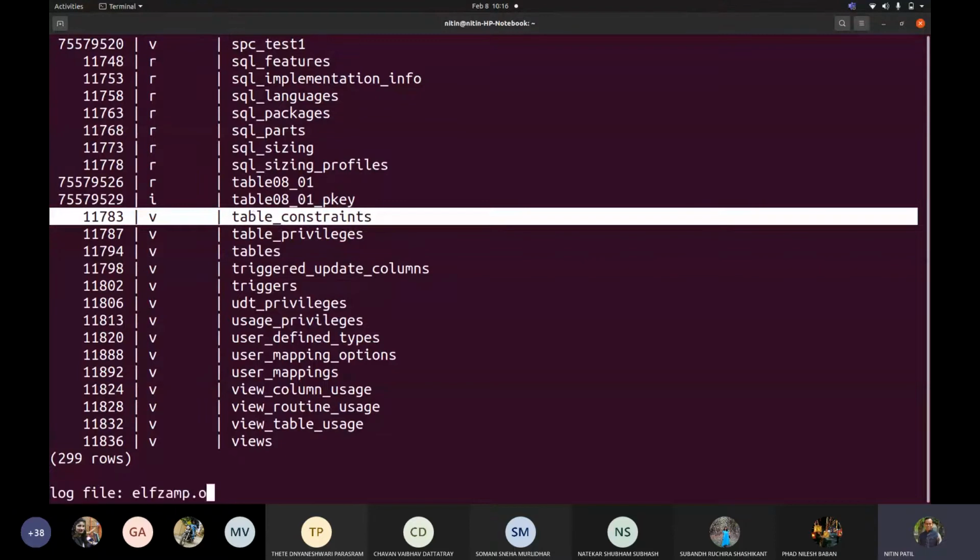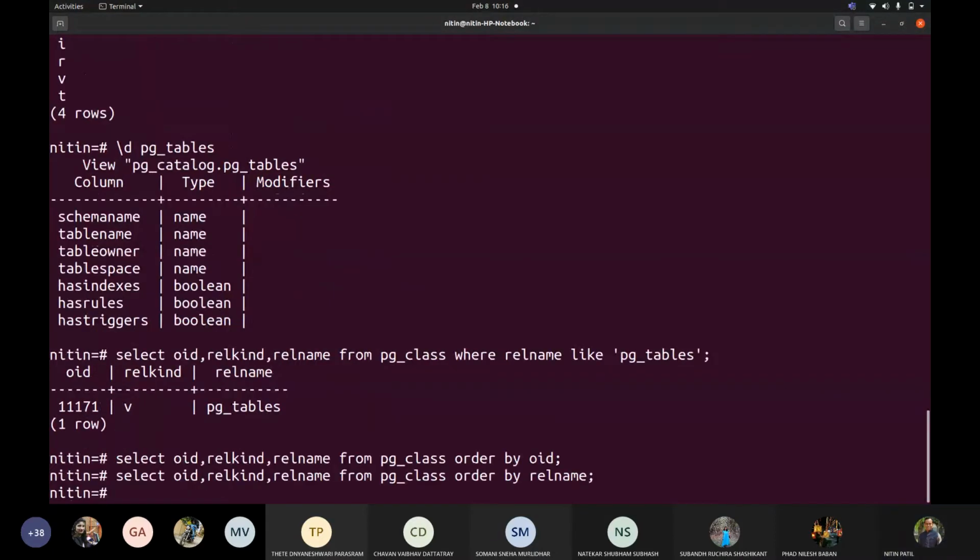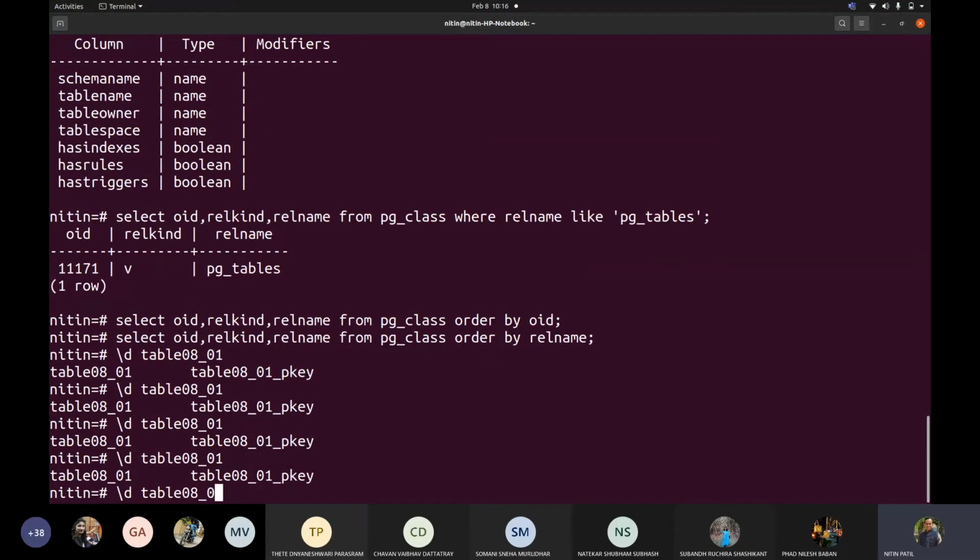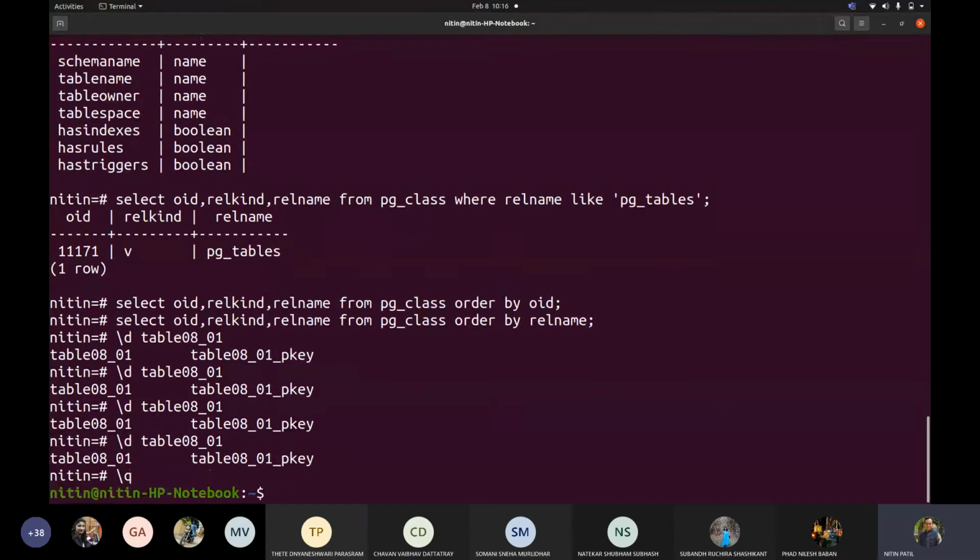So if I try to search select star from, okay, or if I try to see D, it is not permitting me to make use of that particular table. So now let me try with SU Postgres,